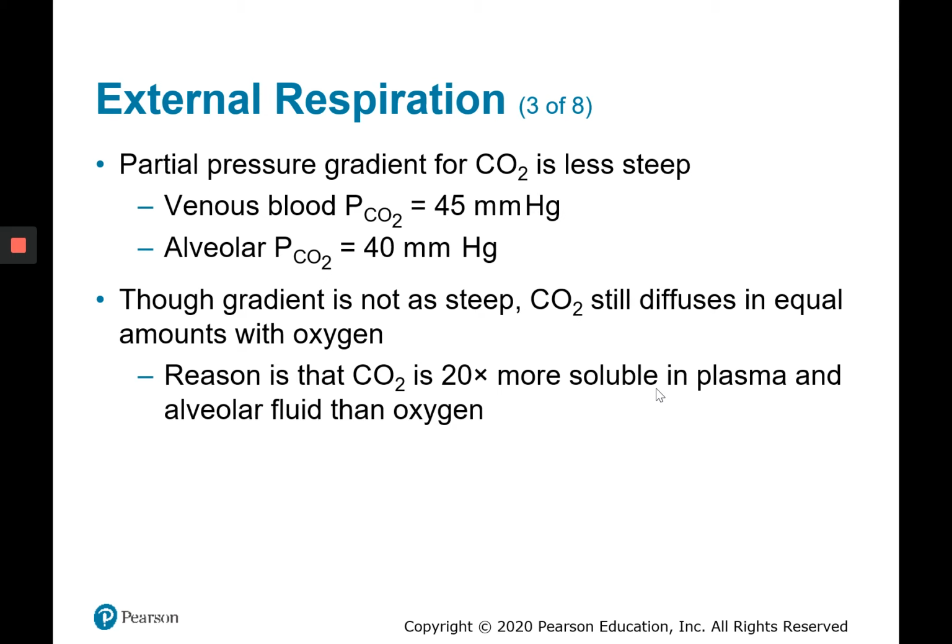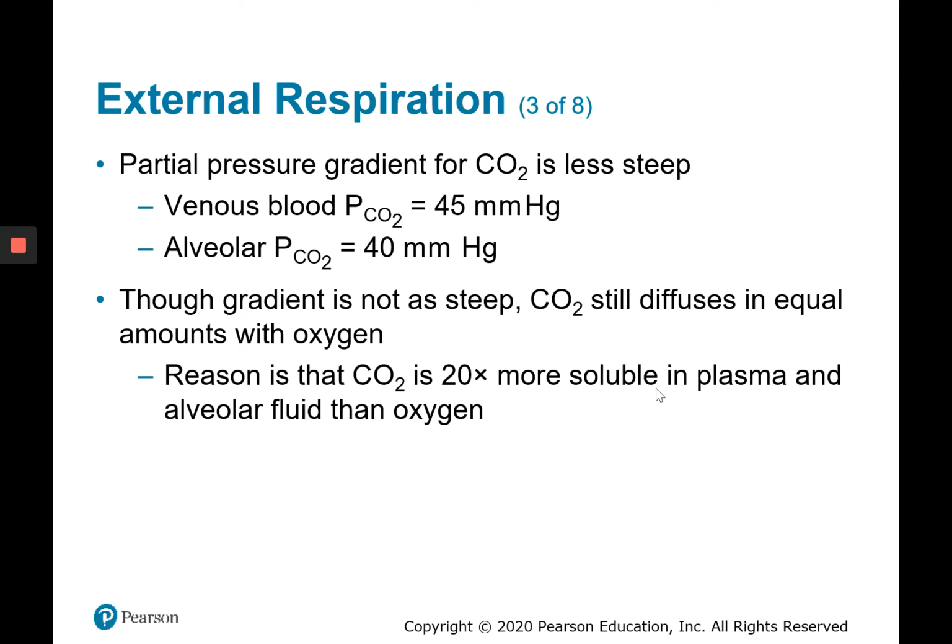The partial pressure gradient for carbon dioxide is a lot less steep. Carbon dioxide likes to dissolve in fluid, so we don't have to have a pressure difference that is that tremendous or that different. So we can see that in the blood, there's 45 millimeters of mercury for the partial pressure of carbon dioxide, whereas for the alveolus or airspace, there's a partial pressure of carbon dioxide of 40 millimeters of mercury. What we're looking at here is there is more carbon dioxide in the pulmonary capillaries than there is in